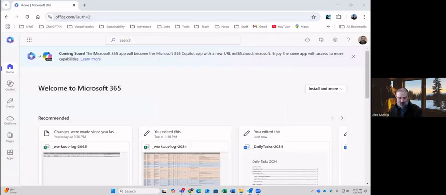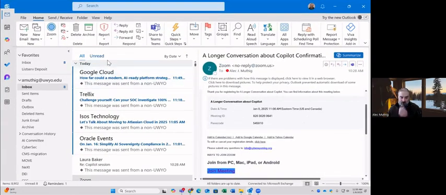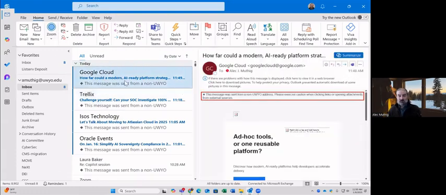Email. Now I use Outlook for my email. Let me pull this up. There are a number of things that you might do in Outlook. If I go into any of these messages, you'll see a little summarize button, the little Copilot button right there.